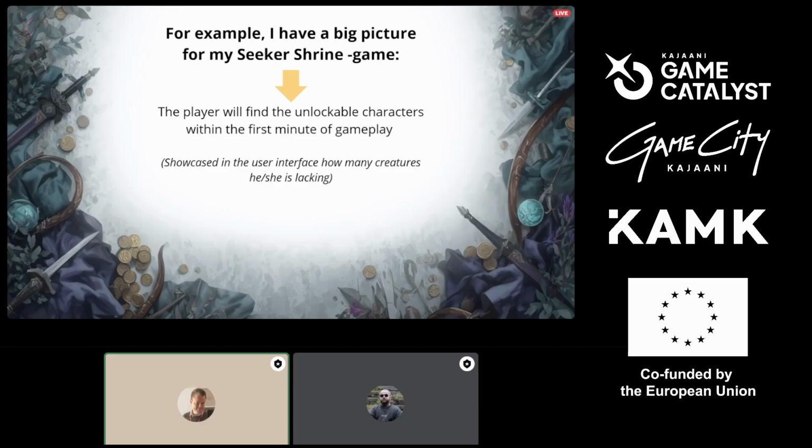Maybe there should be an interface that the player opens, or I force the player to open, where he or she can see there's a dozen different characters not yet unlocked. I need that message felt again: wow, there's a lot of characters I don't possess yet, so I want to own those as well. I want to make that feeling right from the start.